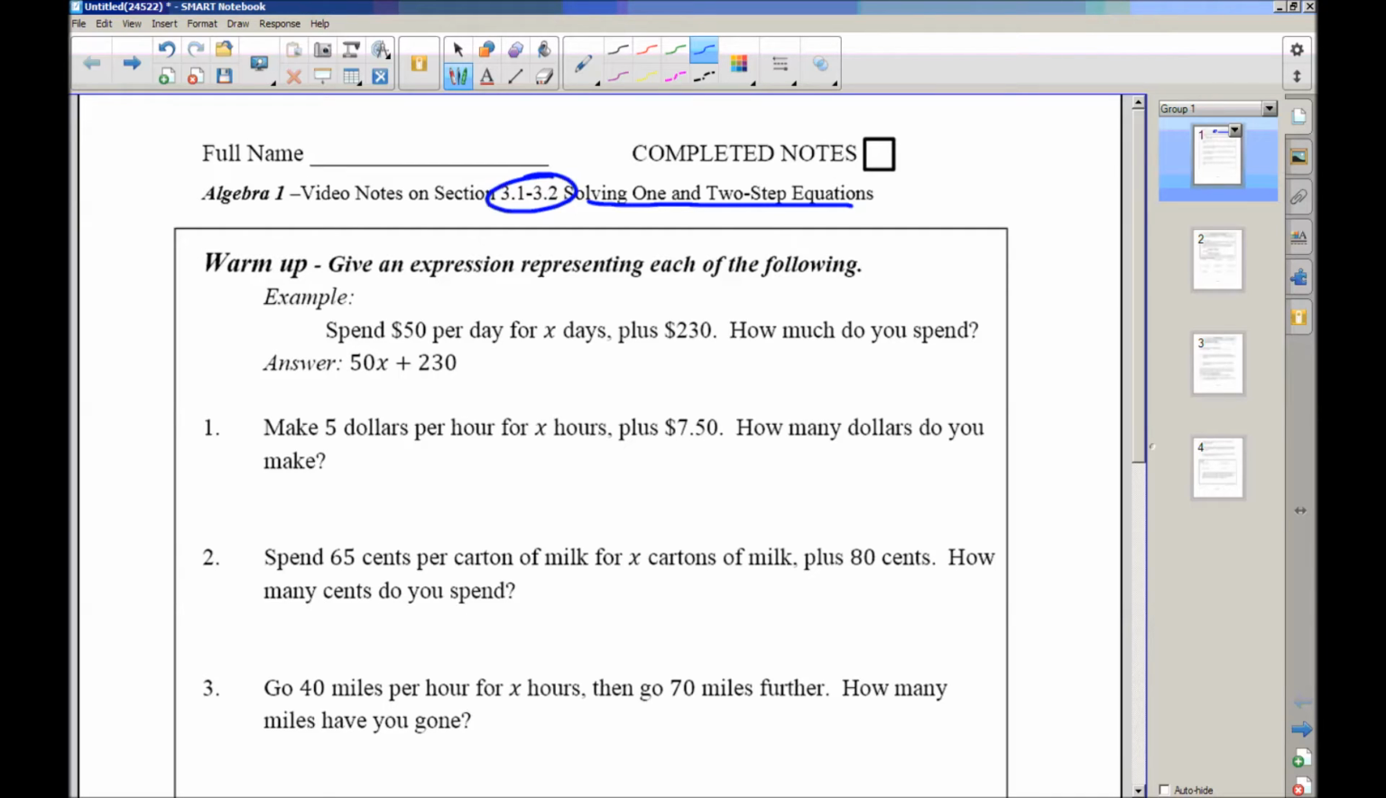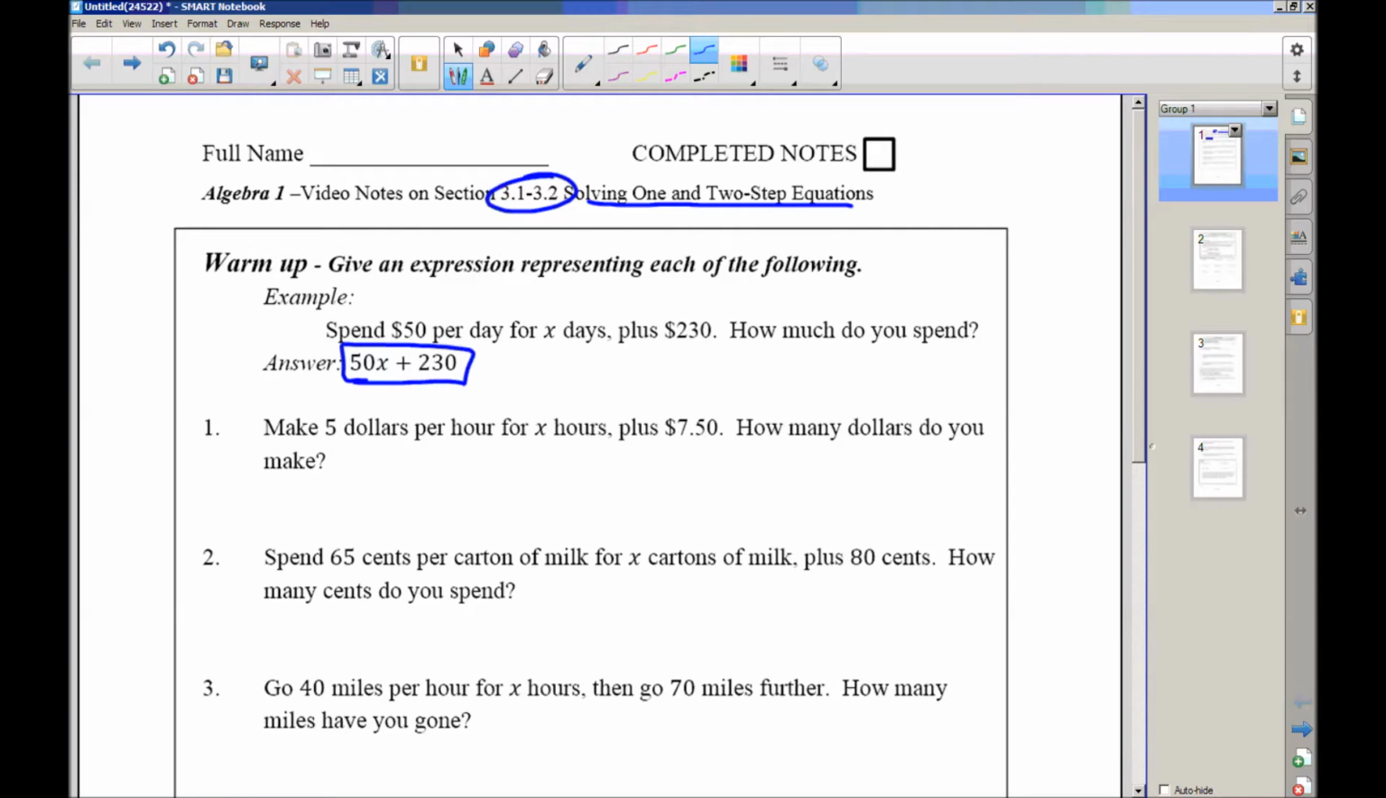All right, so warm-up says give an expression representing each of the following. And there was an example problem today. It said spend $50 per day for X days plus 230 extra dollars. How much did you spend? And our answer here was 50x plus 230. And notice the X goes with the 50 because we're doing that $50 every day, and X stands for the